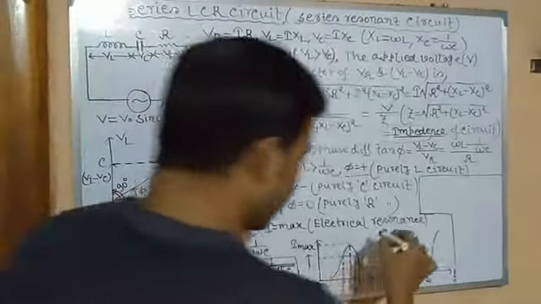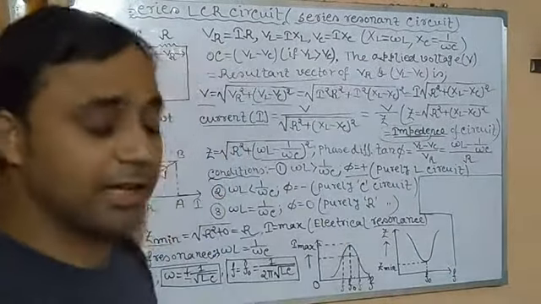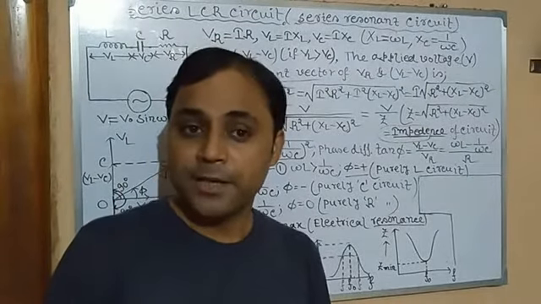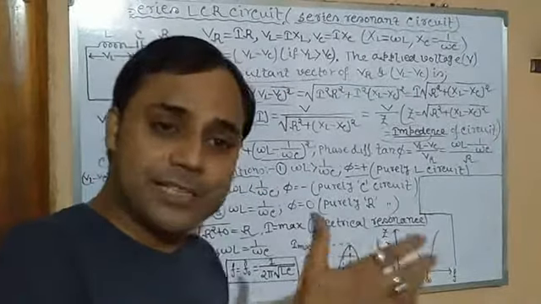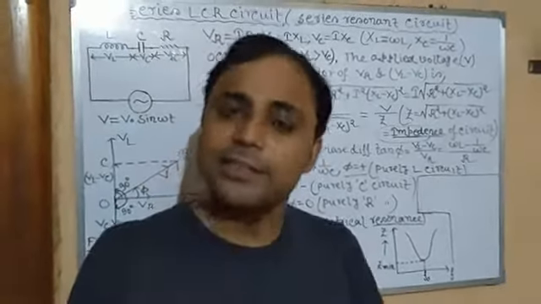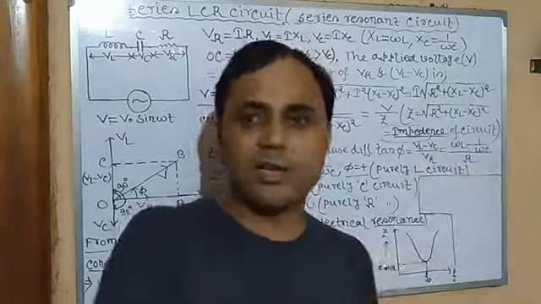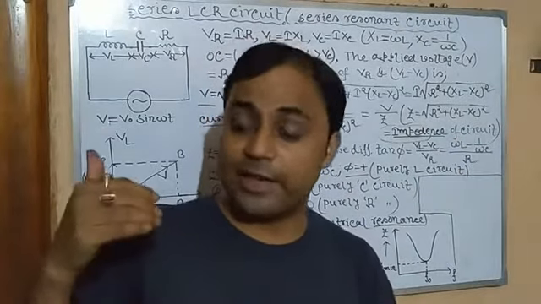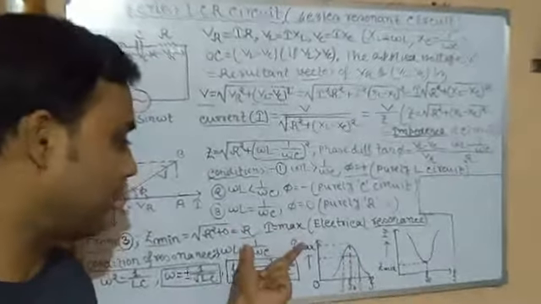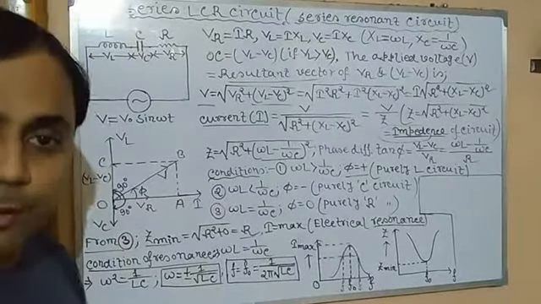I think you are very much acquainted and familiar with the term resonance, which you studied in class 10 in the sound chapter. Isn't this what resonance is? It means when the frequency of the external applied force is exactly equal to the frequency of the vibrating body, what happens? The vibrating body begins to vibrate with a larger amplitude, isn't it? And in the case of sound, a loud sound is heard. Exactly the same thing is happening here. Here, current is maximum. There is no sound. But in the case of a musical instrument, the sound is loud.